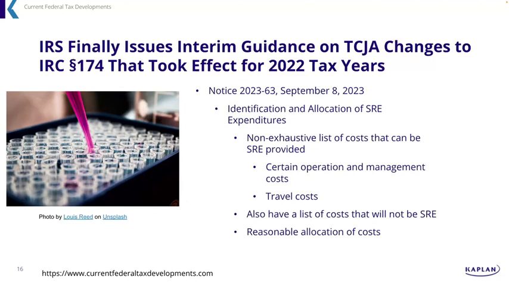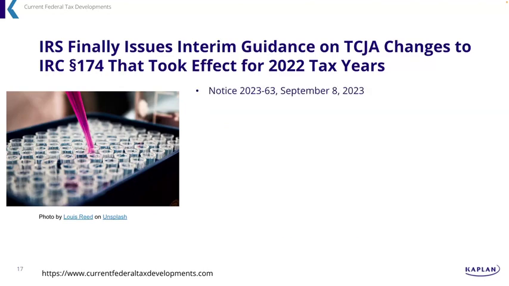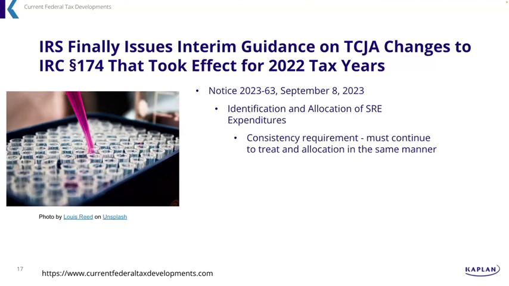Now, they do say that you could use different methods for different types of expenses. In fact, they have a really long, comprehensive example. I strongly suggest you get the actual notice, and you're going to set up your allocation tables. Take a look, because there they have a whole ton of different types of expenses, and some are allocated by square footage devoted, some are allocated based on hours. They're allocated based on various different things, and you're allowed to use any sort of reasonable method to allocate. But one key issue is they must be consistent, right? You must consistently treat and allocate these costs in the same manner.